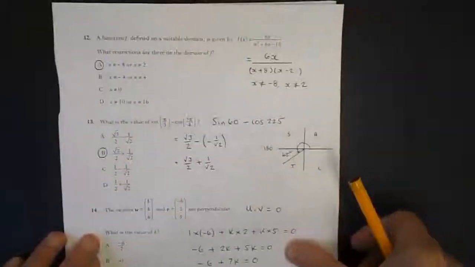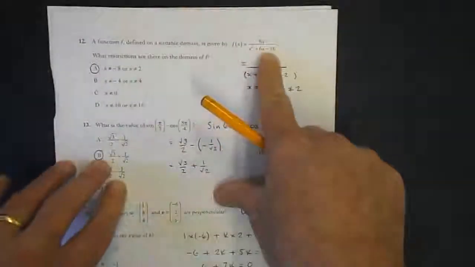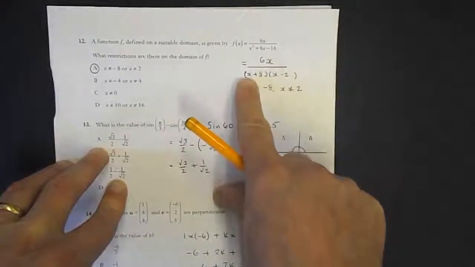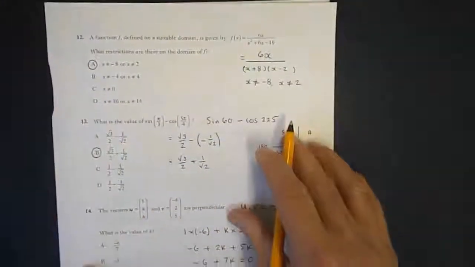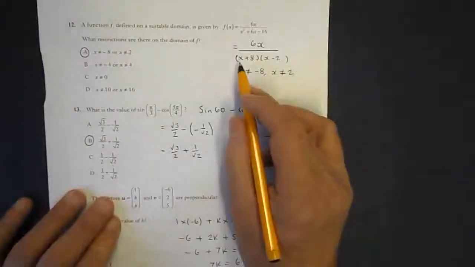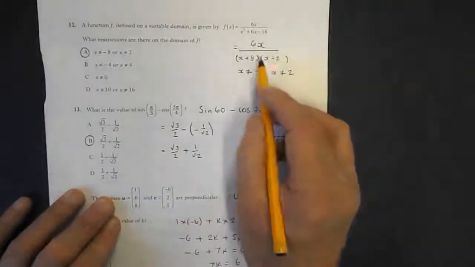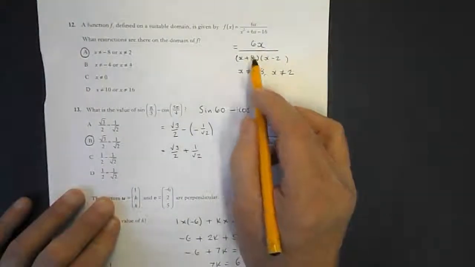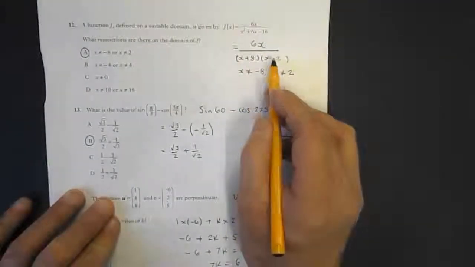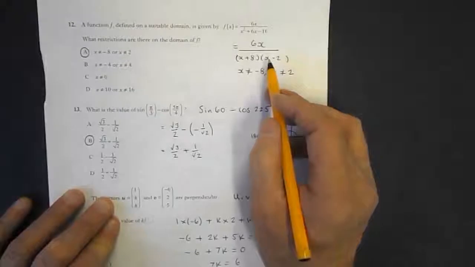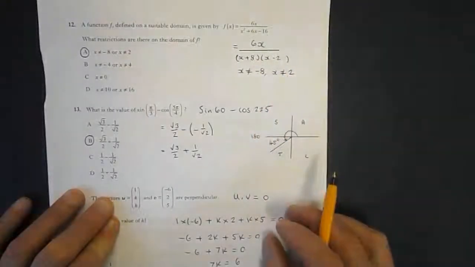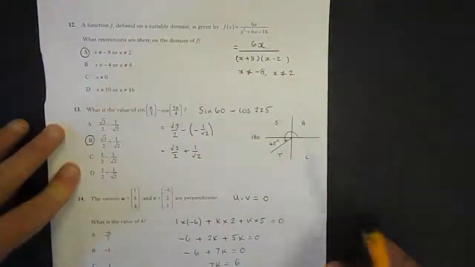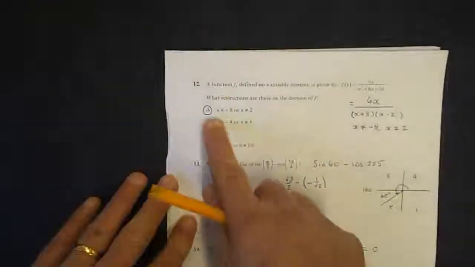Well, if I factorise the bottom, x squared plus 6x take 16, if I factorise the denominator, you get x plus 8, x take 2. Now this means that x is not allowed to be minus 8. You're not allowed to have 0 on the denominator. If x were minus 8, that would be 0. Times anything would give you 0. X is also not allowed to be 2, because 2 take 2 is 0. Again, same reason, that would give you 0 on the bottom. So x is not allowed to be minus 8, and x is not allowed to be 2,